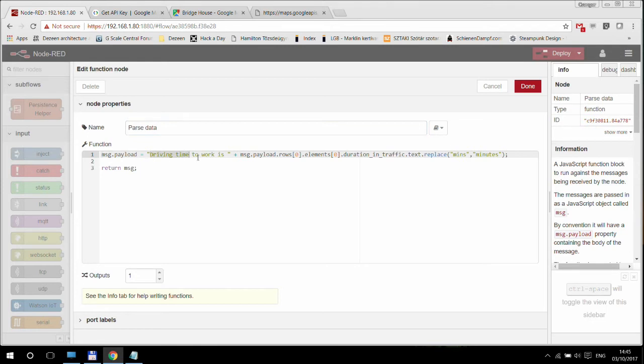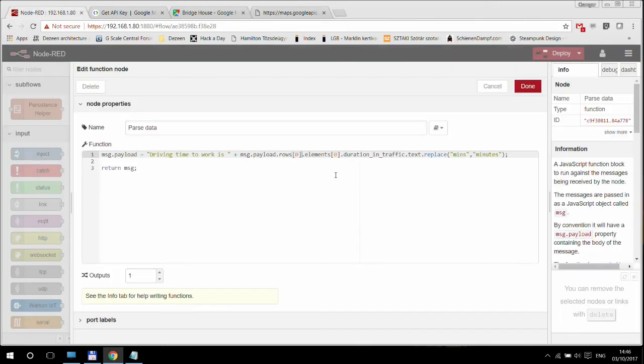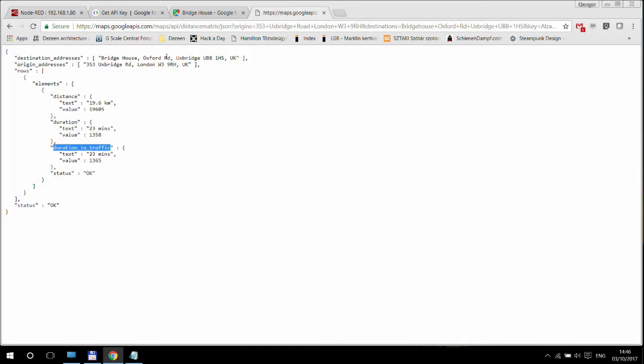So it's going to say that driving time to work is, and then message.payload rows 0 elements 0, because as you can see, this is an array which has one item in this case. So it's row 0 and element 0, again one element,